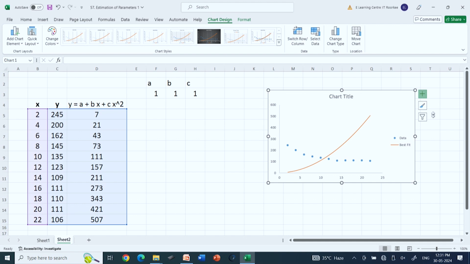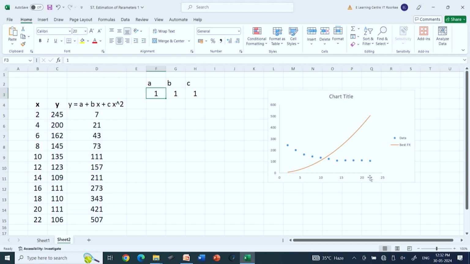Okay, so don't panic that you get a very bad fit. So this is data and this is the curve. So the next thing is you have to change these values so that you get close to this. So as you can see, I have to lift this. This is somewhere here 1 and this is somewhere around 250 it seems. So if I make this 250,